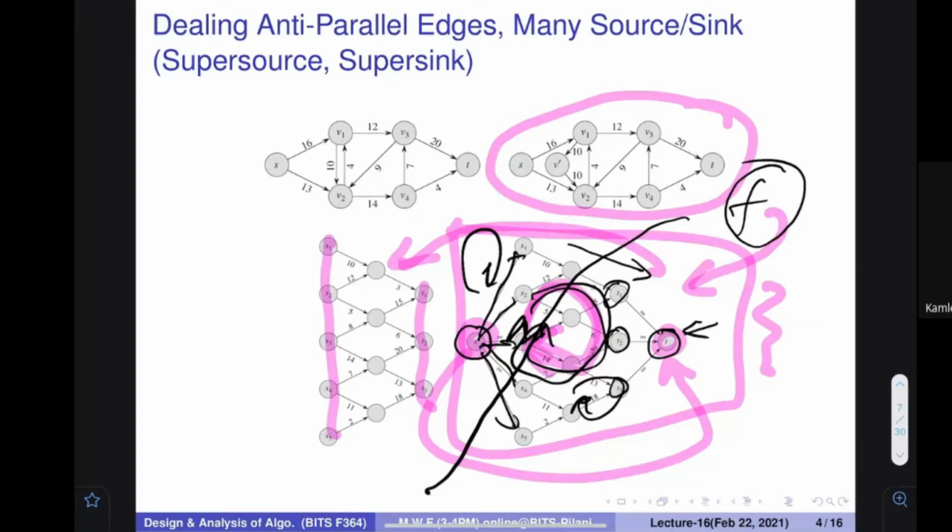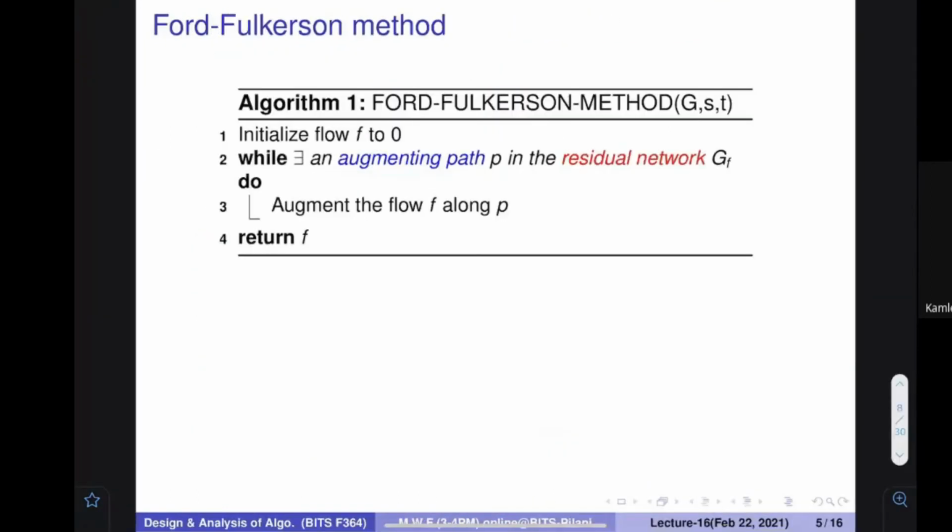So till now, we have discussed what my problem structure is, and here only a single source and single sink is enough. If you have more, we can also convert it to this form. So it is a more general part. Okay, is everybody ready to see the algorithm, that how can we solve this particular problem?